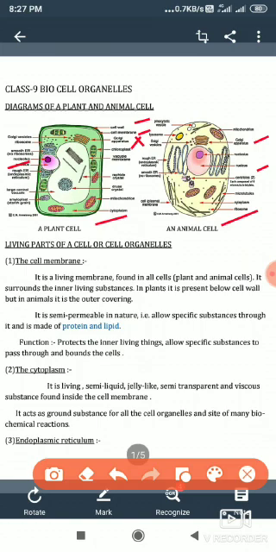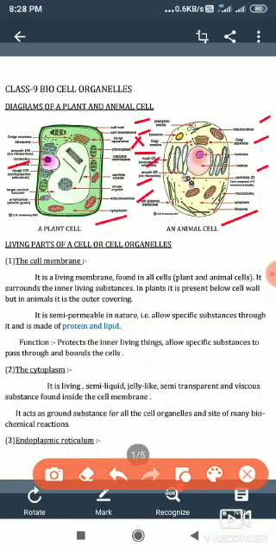Then mitochondria, on both sides, mitochondrion, and all the other cell organelles, rough ER, smooth ER. These are the main structures. These are the plastids, chloroplast, there it is shown. Now let us see the description of it.